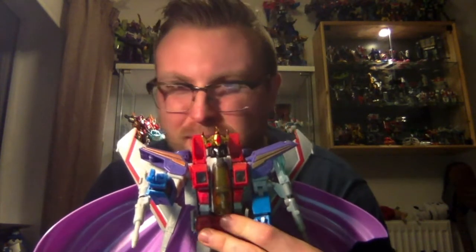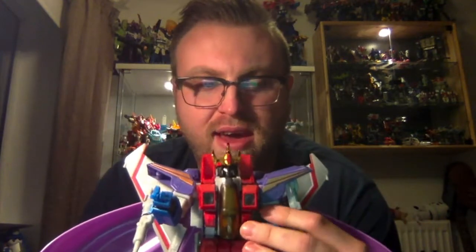I never thought I'd be able to own one of these, and I wasn't going to pay the 300 quid for something that is just a pile of crap, really, how it's put together and the quality control on it. These guys are phenomenal. They are great figures, and I was able to pick them up for 65 quid each. So for the price that the original version with poor QC would have cost me, I've gone out and picked up 3 versions of the figure that look amazing on the shelf. Starscream aside,